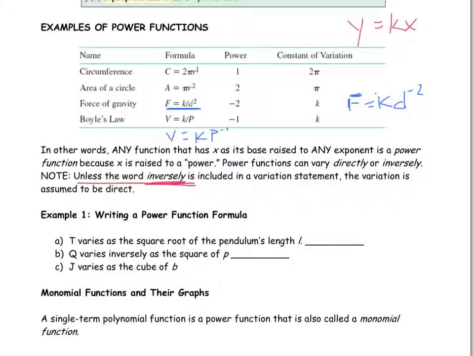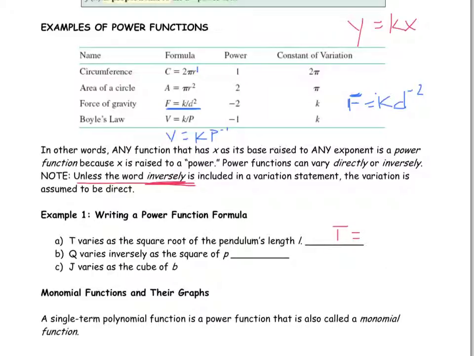That means that you're going to multiply your constant times your variable. So hopefully with that, let's do some examples. The first example, they want us to write a power function formula. It says t varies as the square root of the pendulum's length. So they want us to write an equation as t